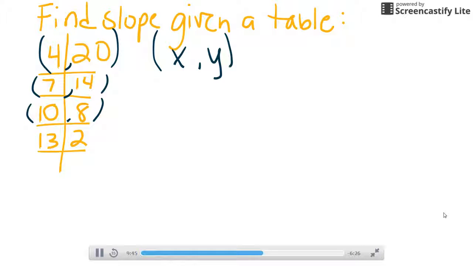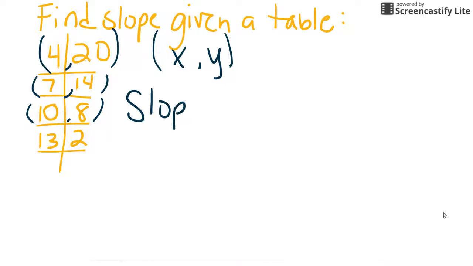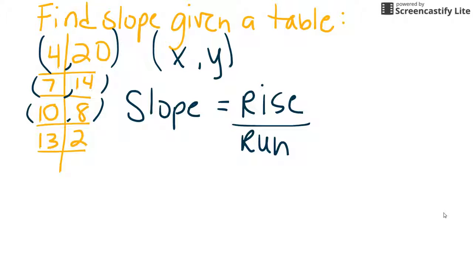All right, the next thing you might have to do is find the slope if you're given the ordered pairs in a table. And of course, you could just go graph them and count and do your rise over run. But if you didn't want to take the time to graph them,